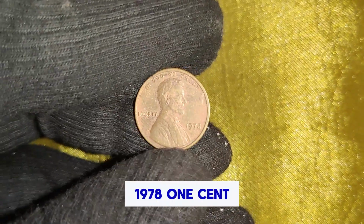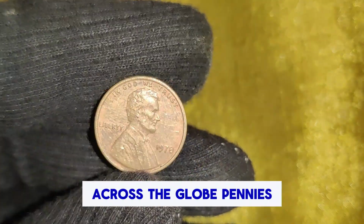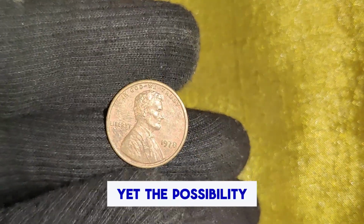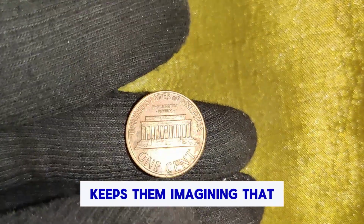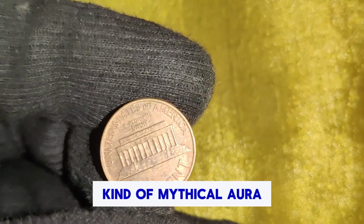The story of the 1978 1-cent coin becomes even more compelling when we think about the way such a small object has the power to spark excitement across the globe. Pennies are everywhere, scattered in drawers, rolling under car seats, lying forgotten on sidewalks, yet the possibility that one among them could be worth a staggering fortune keeps people looking, keeps them imagining that they could be the lucky one to find it. The 1978 penny, in particular, has achieved a kind of mythical aura,